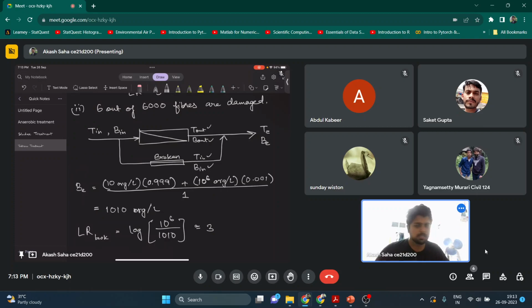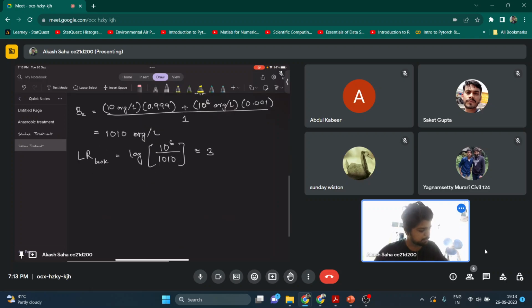So we have seen that because of six broken fibers, only 6 out of 6,000, the log rejection has been reduced from 5 to 3. So there is a drastic change in my log rejection from 5 to 3. If you see in the powers of 10, from 10 to the power 5 to 10 to the power 3, it has changed. So if you see my impact